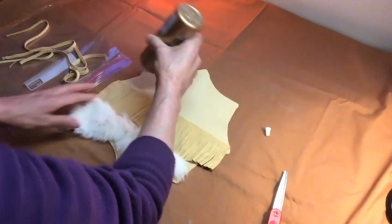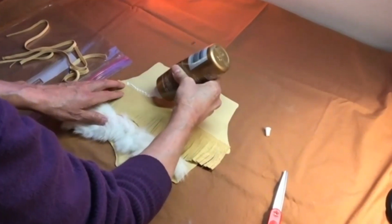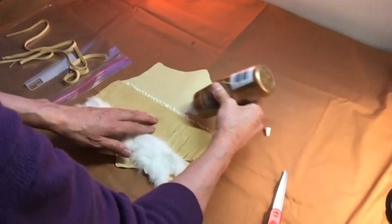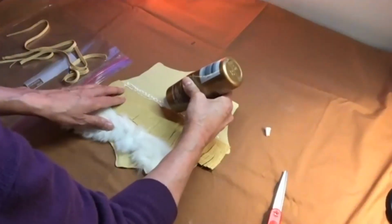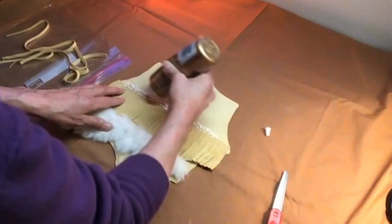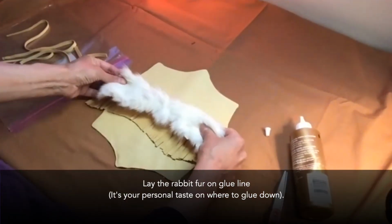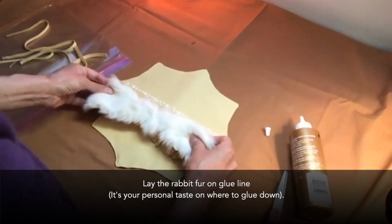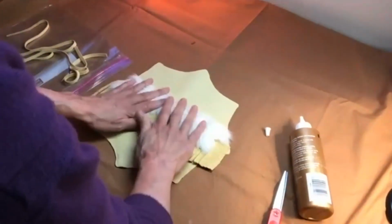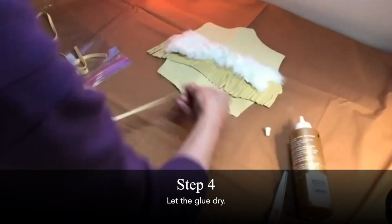I should lay this on the side all the time because it ends up taking forever to get to the bottom or to the tip. And like I said, you don't need much. Maybe I'm going to put a little bit on top of the fringe too. That might kind of help secure everything down completely, right? And you can put it up a little higher, down a little higher, however you think is going to look the nicest. I want a little bit more of my fringe to show, so I'm going to put it up a little bit more. All right, let that sit and dry,